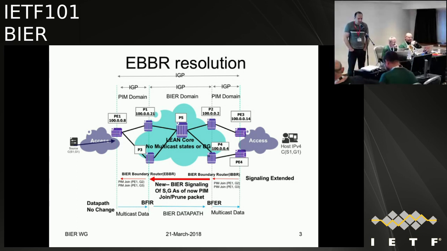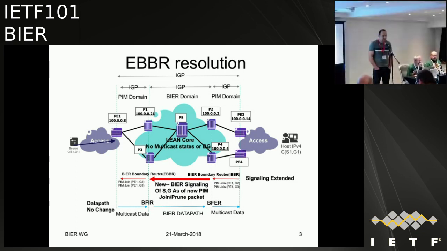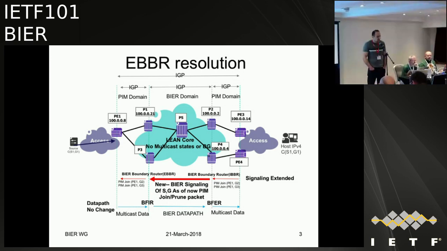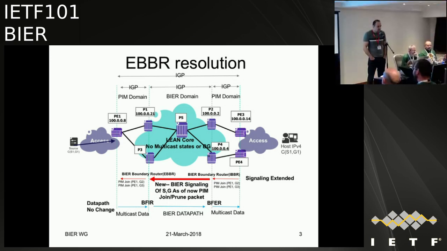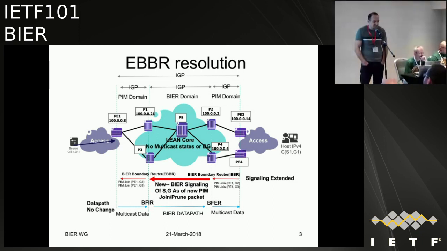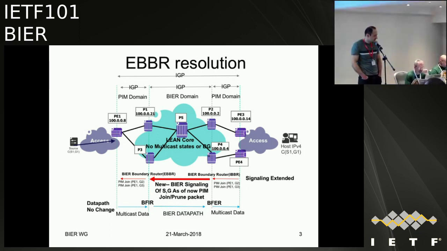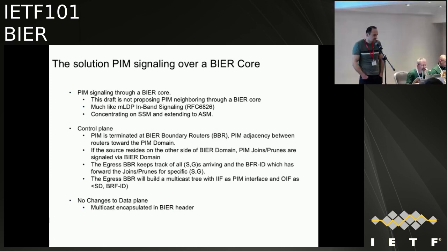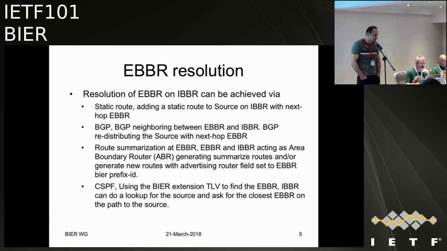And this is where most of the comments were. Basically, the comments were, how do we find out the egress BIER boundary router? Next one, please. So I already explained this. Yeah, thank you. So, based on the comments that came in, we came up with four ways of finding the egress